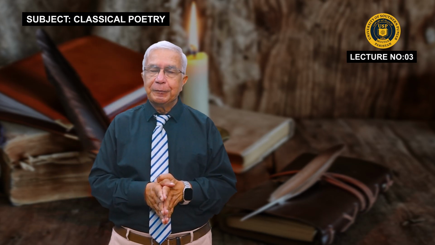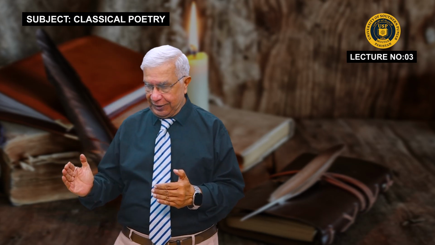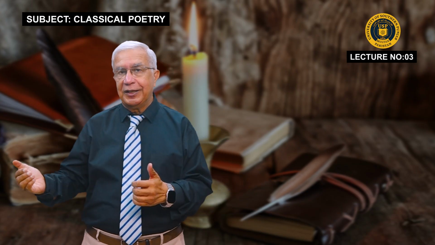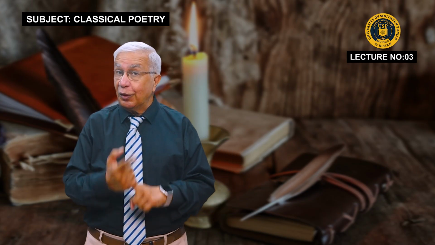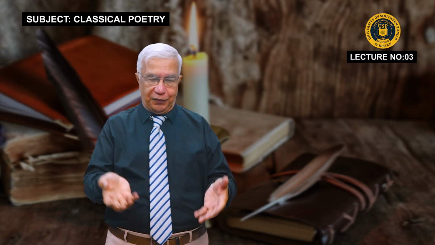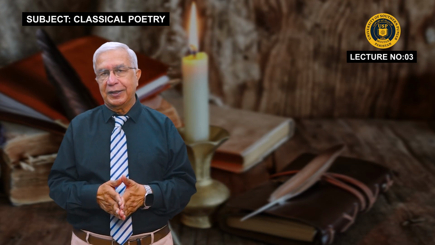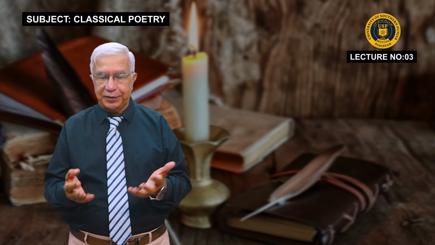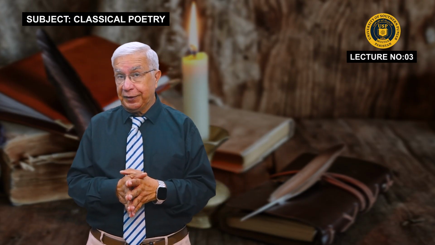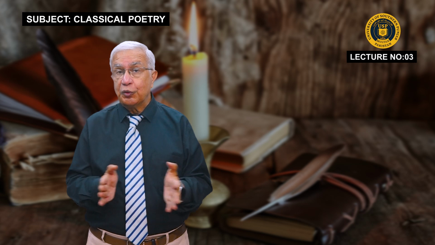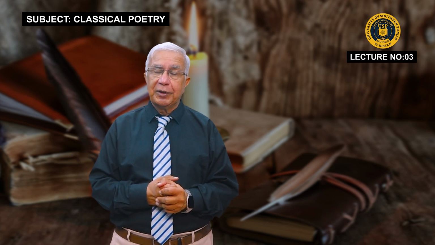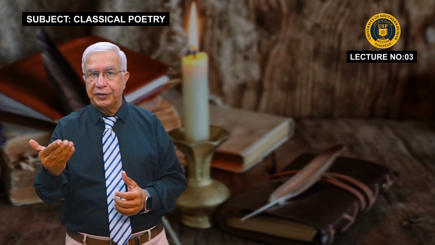These poets, in order to link themselves with other texts, try to include some words from there so that they may be linked with the mythological aspect and the biblical aspect also. Milton's Paradise Lost is filled with a number of biblical allusions. Same is the case with Chaucer, same with Shakespeare, and same with this last person, Alexander Pope, who uses allusions. So the next big thing about the style of these people is the use of allusions and references.